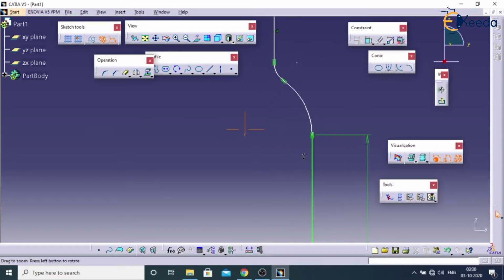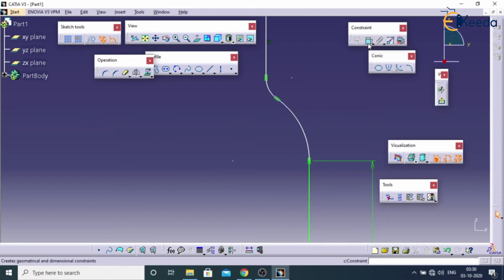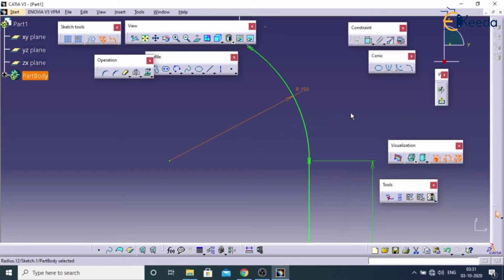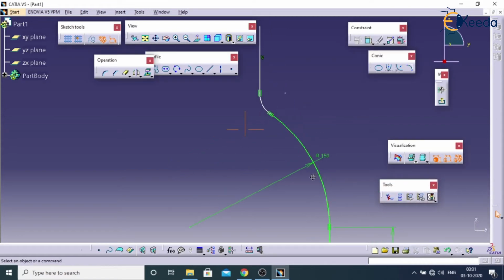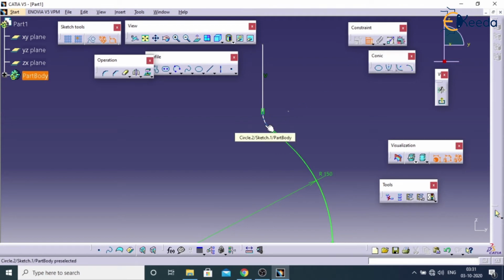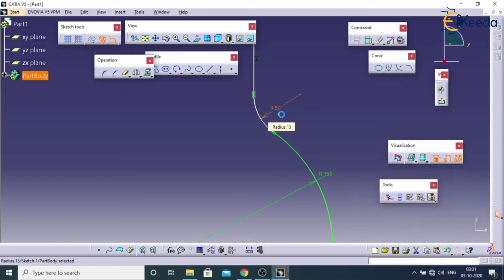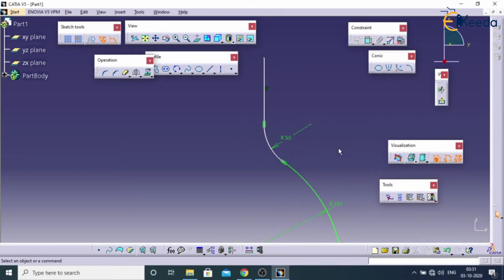And the radius of this particular part I am taking around 150. And for this I am taking a radius of 50. Again select this.